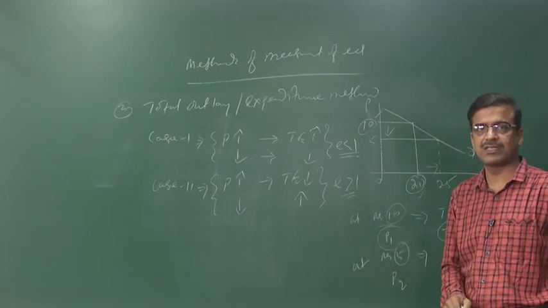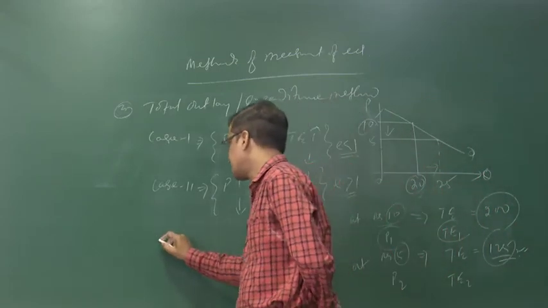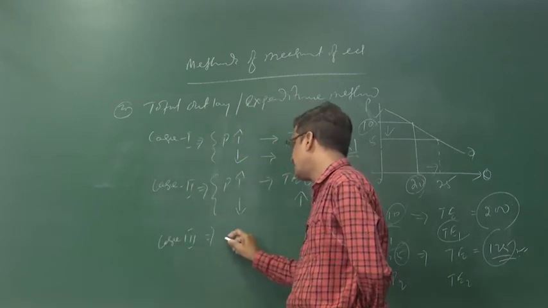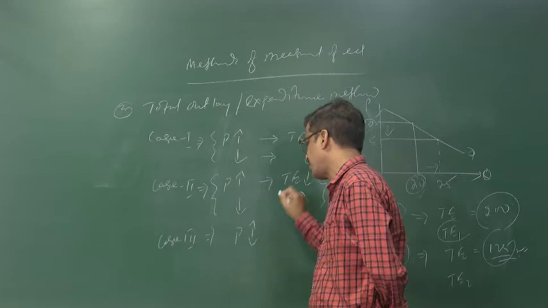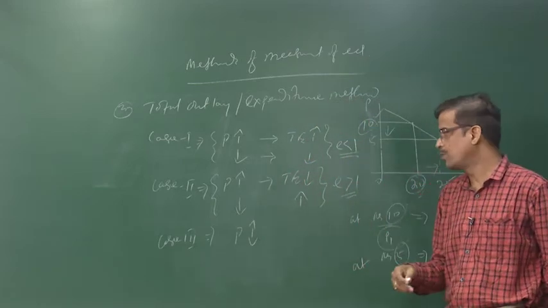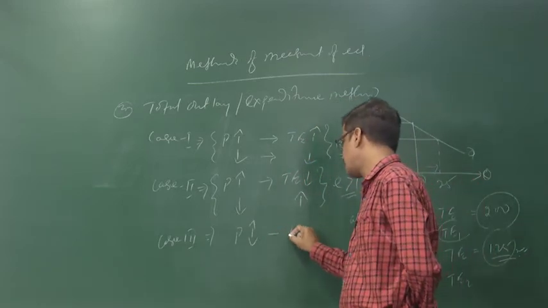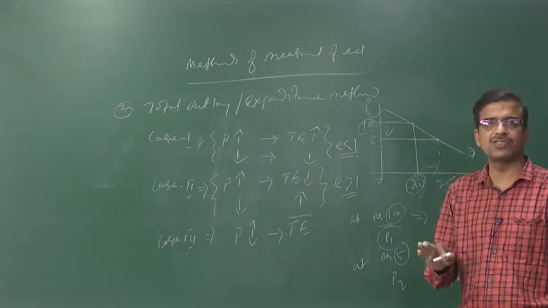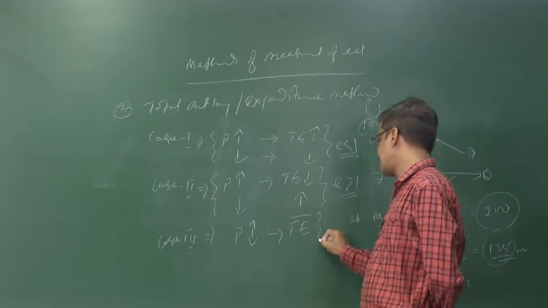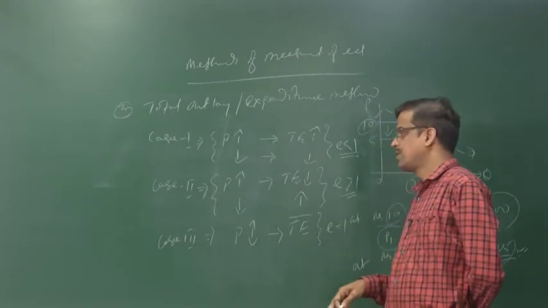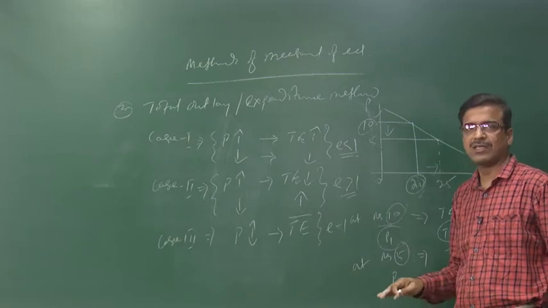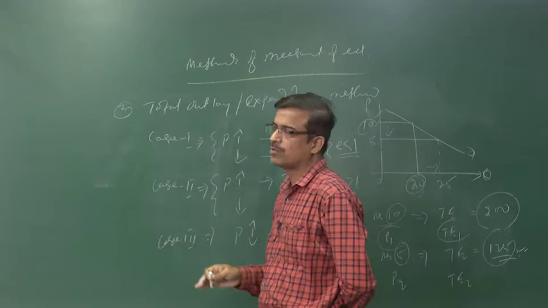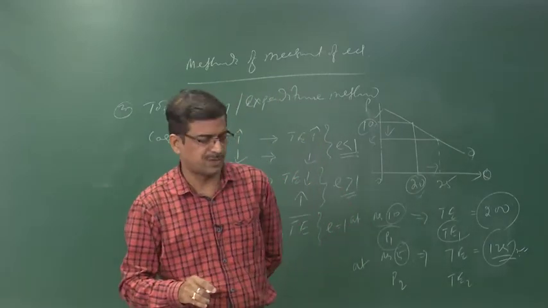Elastic demand greater than 1. Now move to the last case, case 3. In this case, what you find is that whether price rises or falls, there is no change in the total expenditure. Expenditure remains intact. There is no change in the total expenditure; then in that case, elastic demand equals 1. So these are the three different cases to show the measurement of the elasticity with the help of the total outlay or total expenditure method.